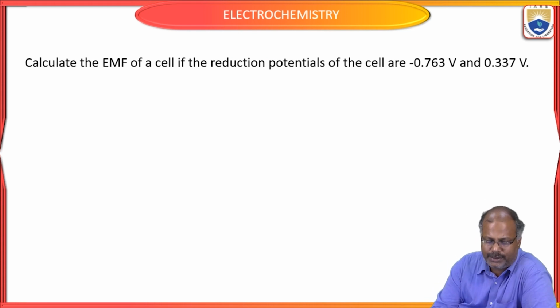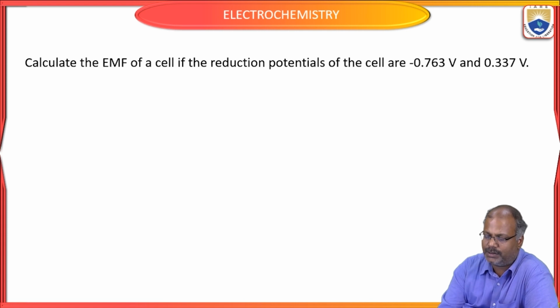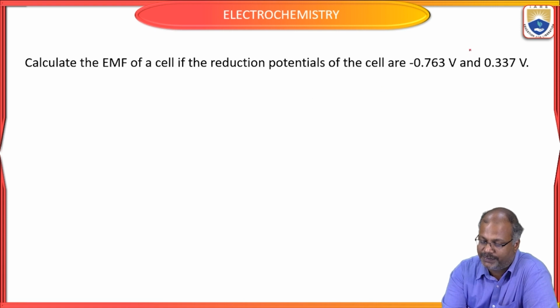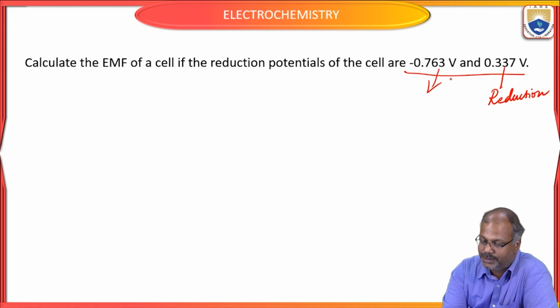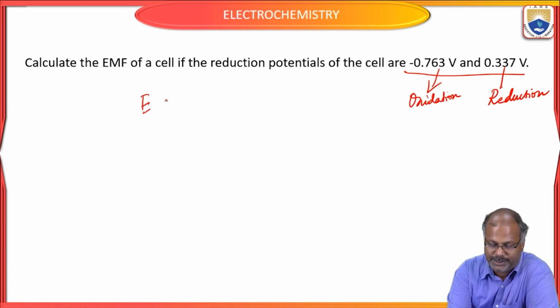Next, calculate the EMF of a cell if the reduction potentials of the cell are minus 0.763 and 0.337. Here, even though the metals are not given, from these standard reduction potential values, we know which undergoes oxidation and which undergoes reduction. So, this is positive, reduction. This is negative, oxidation. So, EMF of the cell,